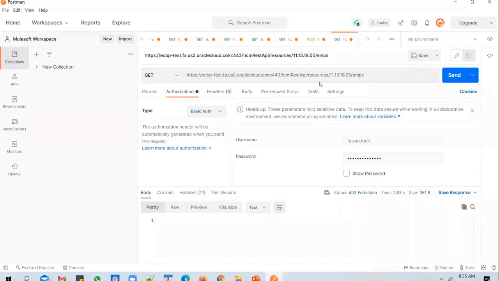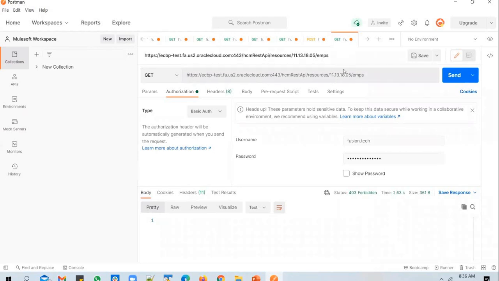For this operation to work, you need to have certain privileges assigned to this particular user. First of all, this user should have access to the employees. Only then will you have the data fetched by the REST API. These REST APIs also take into account the security factor. When you try to get all the invoices using the get all invoices REST API, it will fetch only the invoices from the business units that you have got access to.